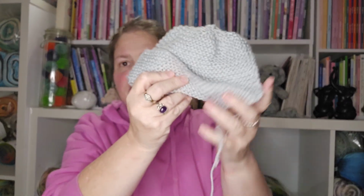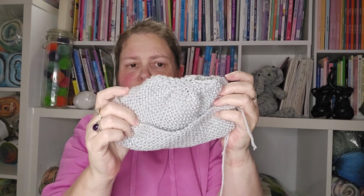And then I made this hat, which is just a garter stitch. And it's very big. I'm pretty sure I used the wrong size needle, so it's bigger than it needs to be. So it's going to be too big to go with that cardi, I think. But never mind. That pattern was out of an old...